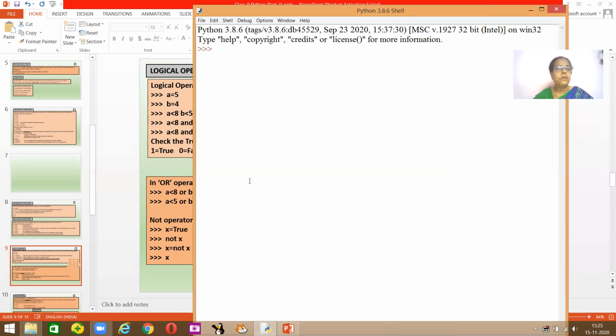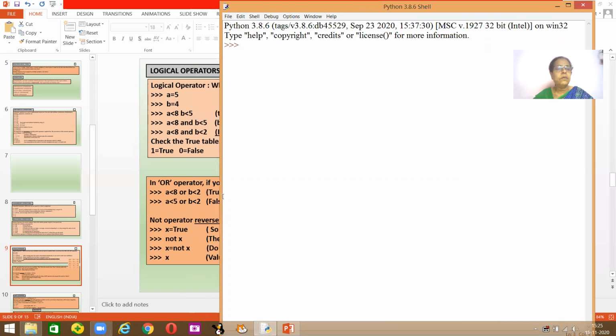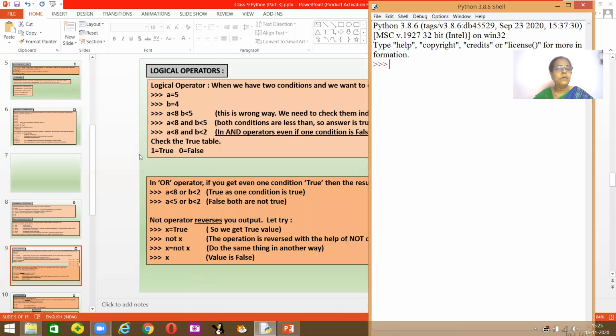Now it says a is less than 8 and b is less than 5. Is a less than 8? Yes, a is less than 8. And is b less than 5? Yes, b is less than 5. So both the conditions are true. So how do I write it? I'll say a is equivalent to 5 and b is equivalent to 4 as the values are given, and then I'll use a is less